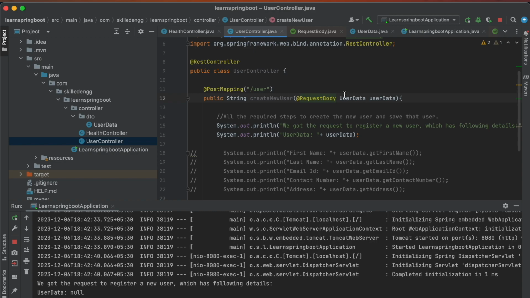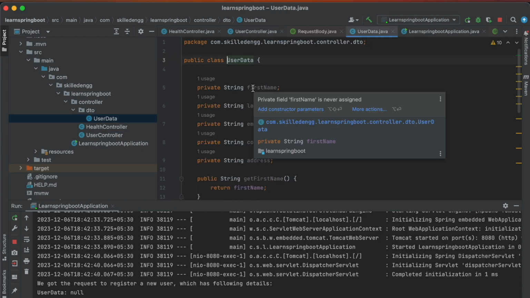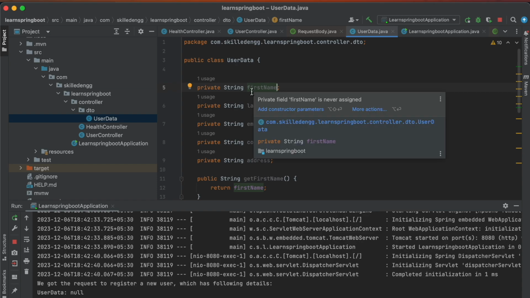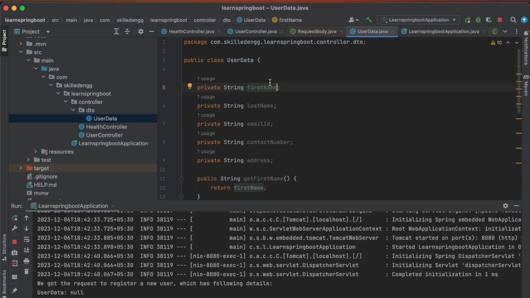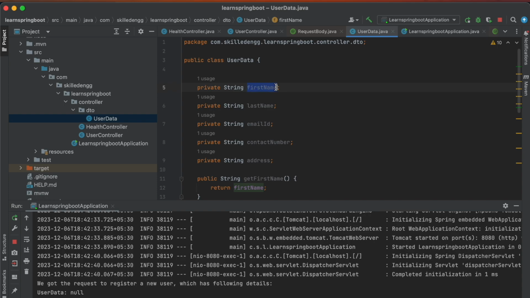Now let's go to this particular class, user data, and do some tweaking. Currently we have seen that whatever variable name we have kept here, like first name, we had to keep the same in the request body while hitting that API. But let's suppose we do not want that and we want to keep some other variable here and use some other parameter while hitting the API.